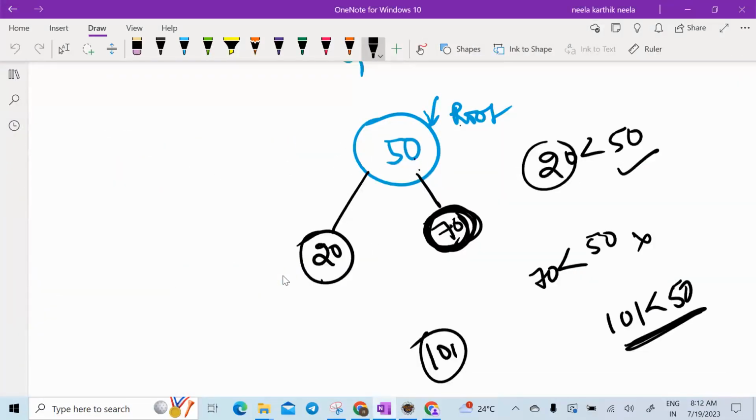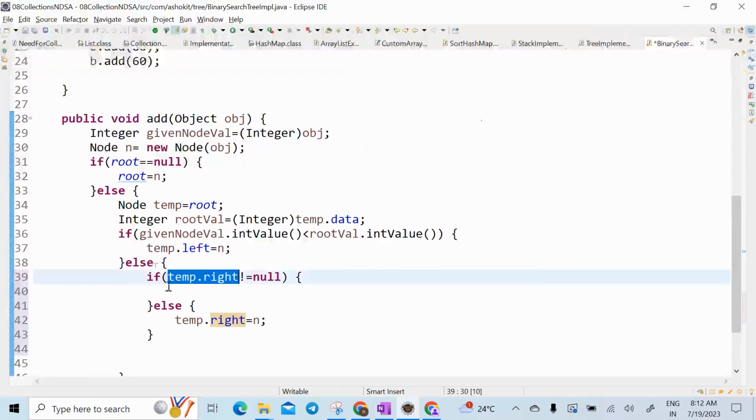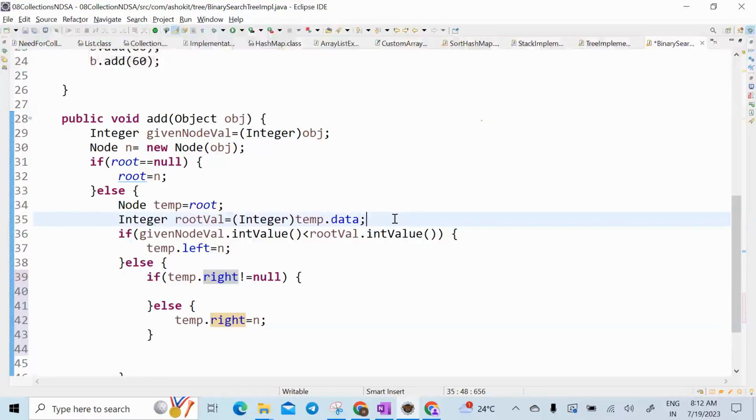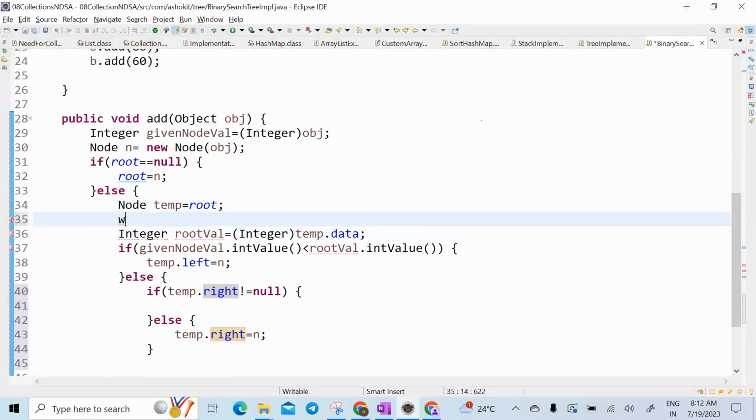Already temp.data 50, temp.right 70 is there. Now can I say you have to take this value and then compare again, correct? Is 101 less than 70? That means can I say you have to repeat this logic again? Now can I say, instead of the if block, before this I have to write a while block? Yes. So let's do while